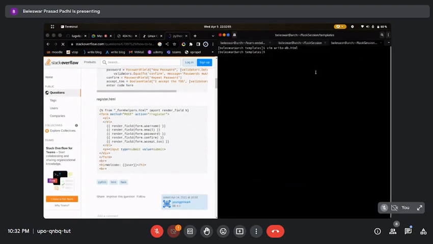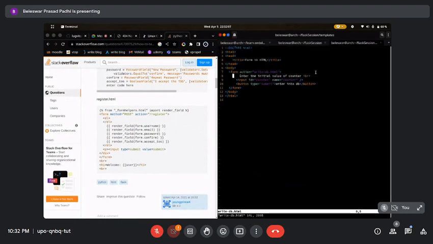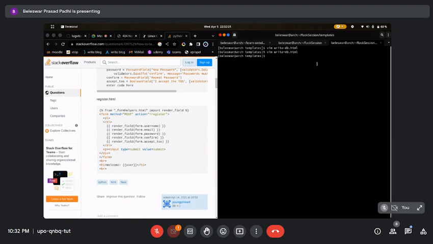Oops, in this write db.html, it should be the route basically. That was what I was missing. Instead of write db.html, it should be what is my route? Write db, write db. So if I save this now,